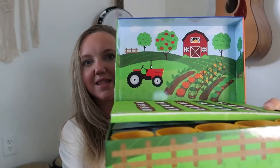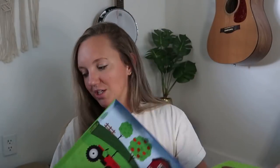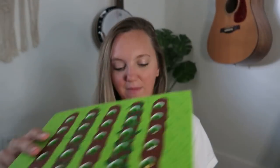The Veggie Farm sorting set. So you kind of set this up, and it's really well made. In the pictures online, it looked kind of flimsy. And then you have this foam mat here, and then